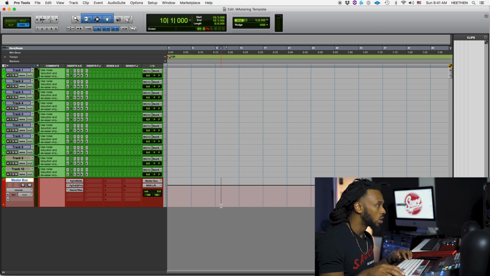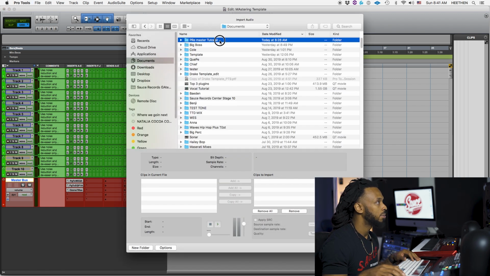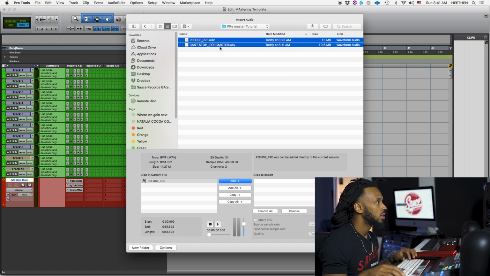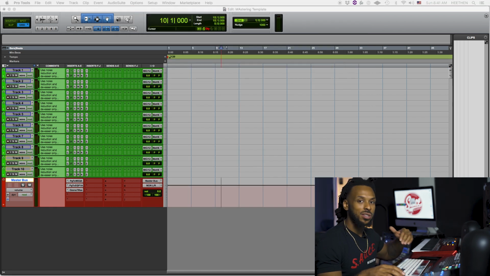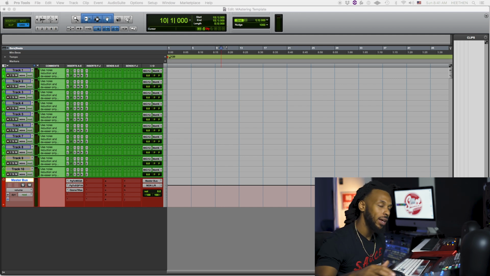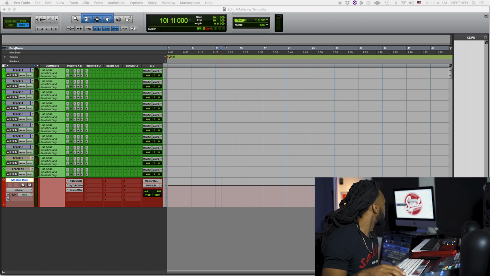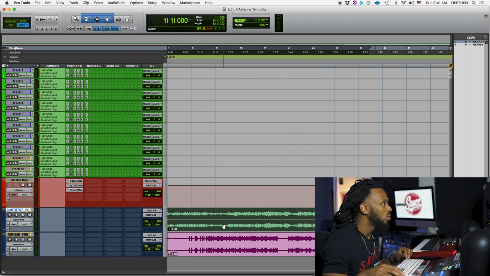So I'm just going to use import audio to bring these files in. I have a couple of files here, pre-master. Just going to take these two. I don't need to do any copying or converting because, again, I make sure that this session's parameters are the same as the files that I'm using. And again, my parameters are always 24-bit, 48 kilohertz. All right. So these imported as new tracks,